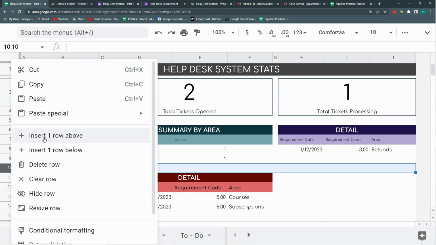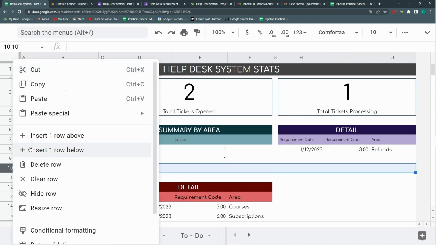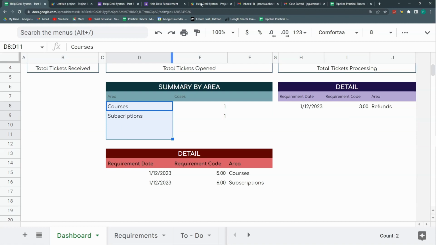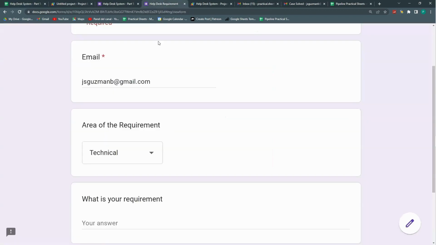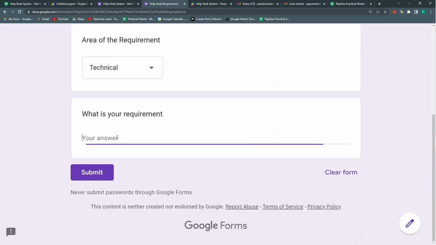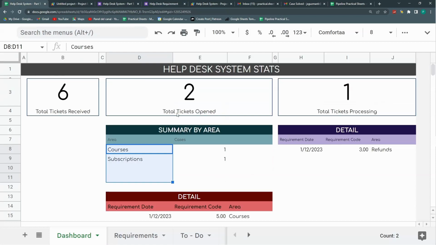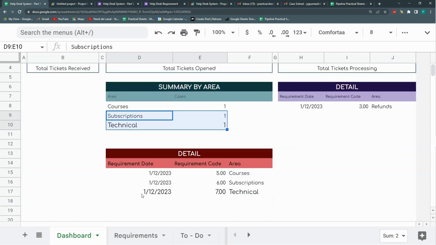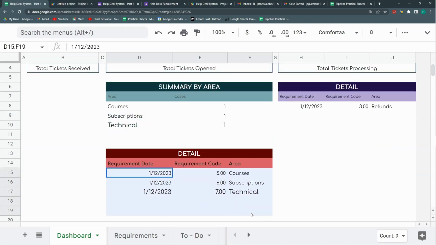Let's insert another row just in case. We should have a couple of rows, because there's the possibility that we add another area, so just be careful with that. What is your requirement? I don't know. Let's submit. And here, let's give it a moment. And now we have 3 tickets open. We have 1 in technical. We have this other one. So let's actually include